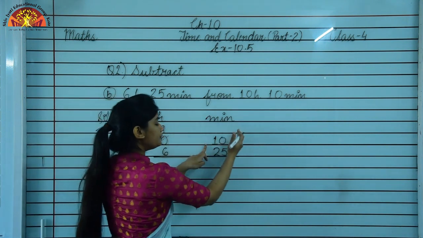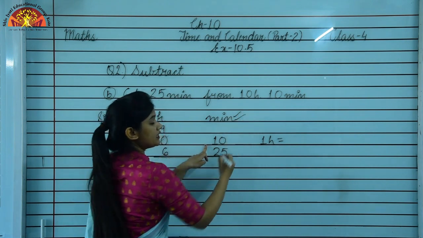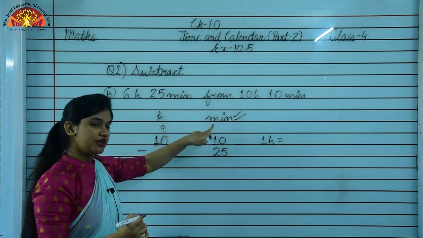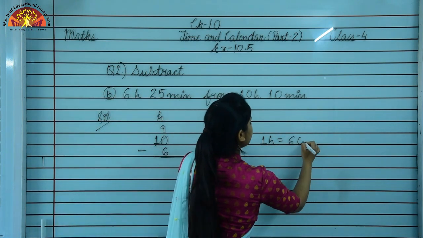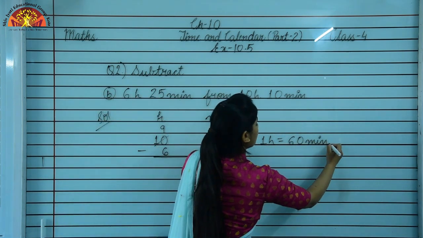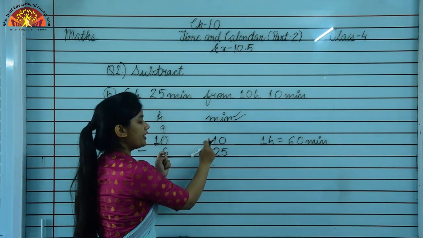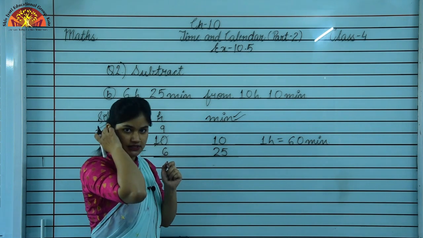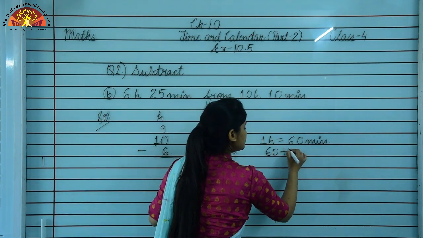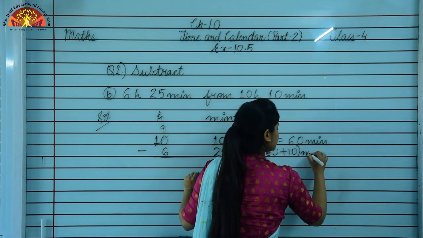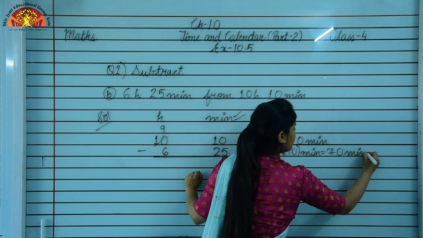And now जब 1 hour इधर आ जाएगा, it will be 1 hour, but we have minutes this side. इसने अपना 1 hour इसको दिया, किसको? Minutes को. So now this will be 60 minutes. It means we are having 60 minutes here and already हमारे पास कितने minutes थे? 10 minutes थे. Okay, 60 minutes और आ गए. Now it will be 60 plus 10 minutes. That will be 70 minutes. Are you getting my point?